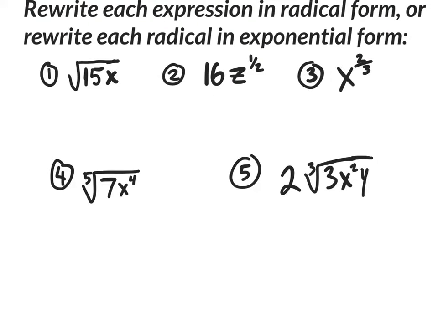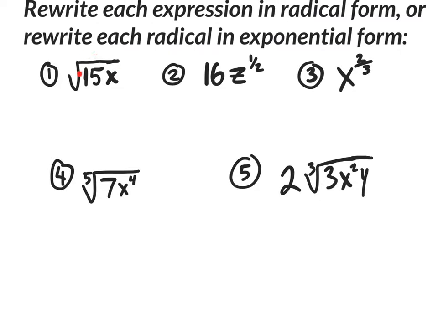So on this section of our homework, on this section of the class, we are not going to simplify. Notice what it says up here. It says rewrite each expression in radical form or rewrite each radical in exponential form. So we do have the square root of 15x. They don't actually want us to do it. You don't have to think about perfect square numbers. You don't have to rewrite it with multiplication. You don't have to break it down. You don't have to split the roots. All you have to do